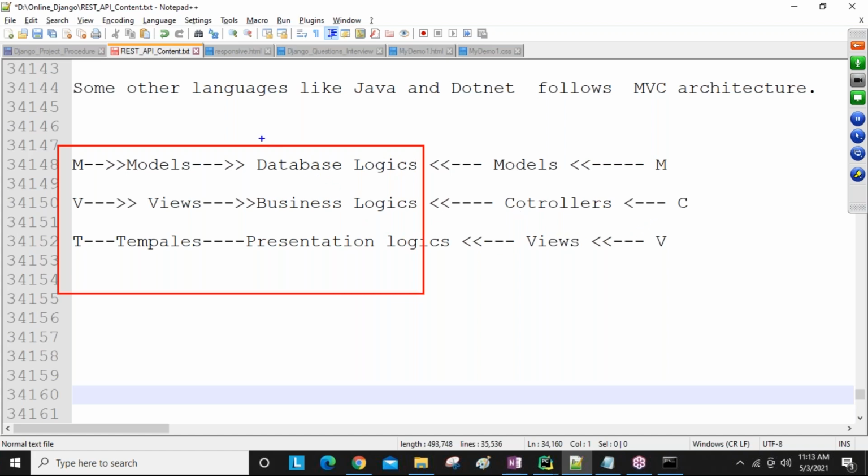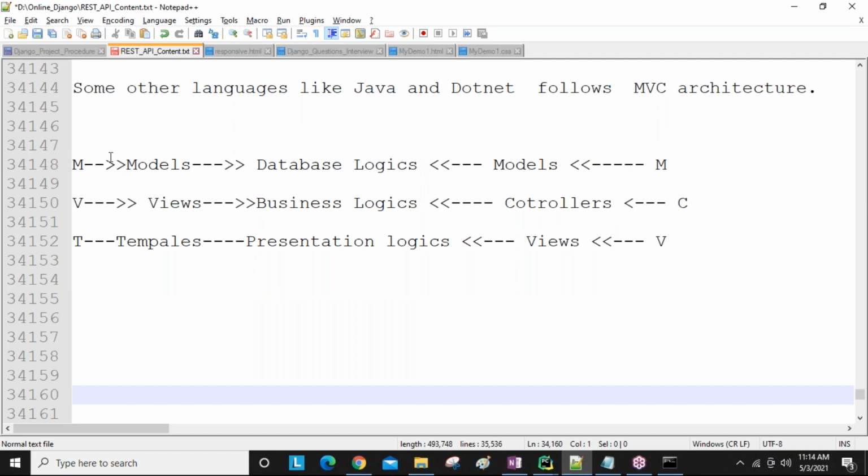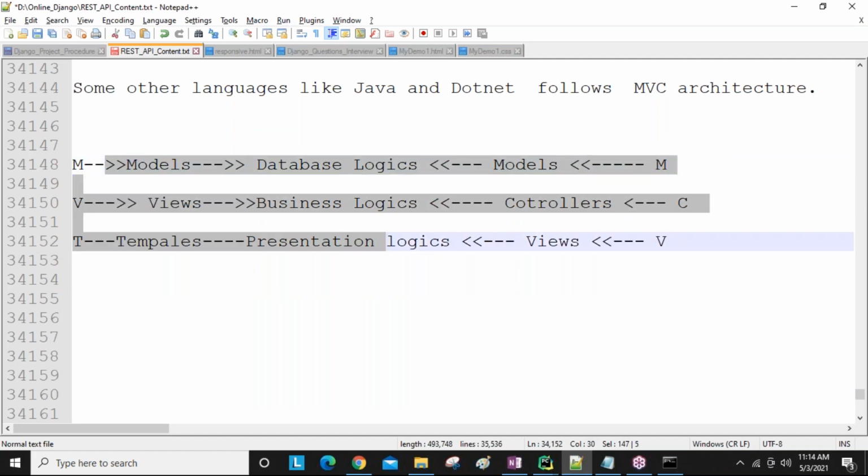If you are a Java developer, people are going to discuss this MVC. But right now we don't require MVC, we require MVT. This is in the next session, where I'm going to explain it clearly. Don't miss it, guys. Architecture is very, very important. According to the architecture, we are going to be developing applications regularly.